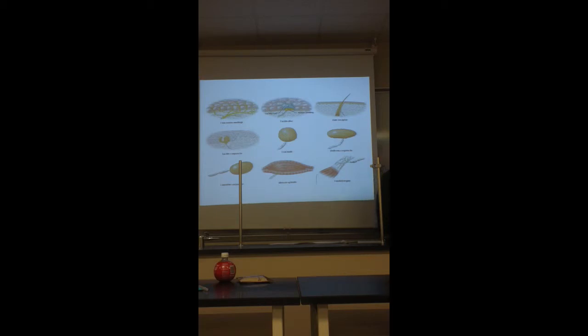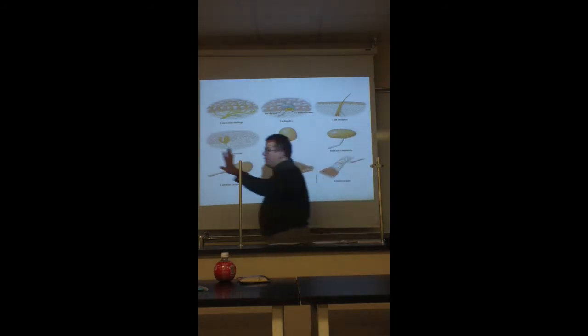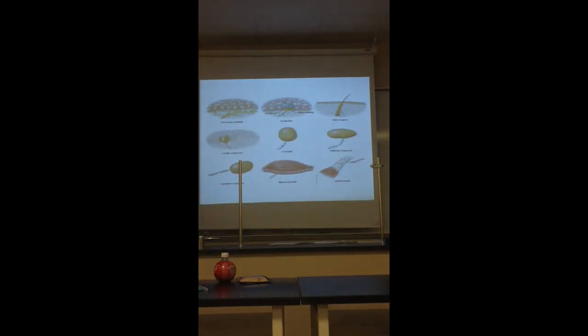Now some of these receptors are naked and some of them are encapsulated. Meaning there's an actual capsule or cell that surrounds them. So that's as simple as I'll make it. So we have what's called unencapsulated nerve endings and we have encapsulated nerve endings. So again, the same thing goes back to this. You have a dendrite, cell body, the dendrite sticking out. Some of these are wrapped up and some of these are not. Simple as that. So you can have free nerve endings right here that would be, for example, in the skin,